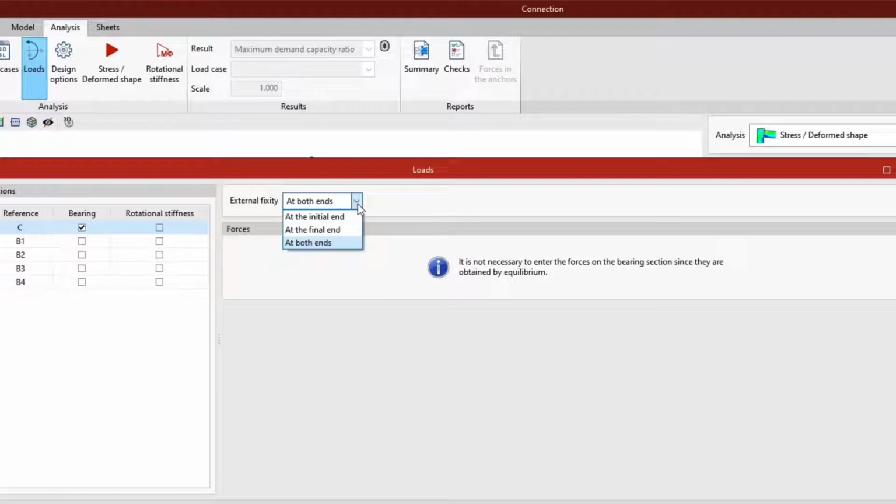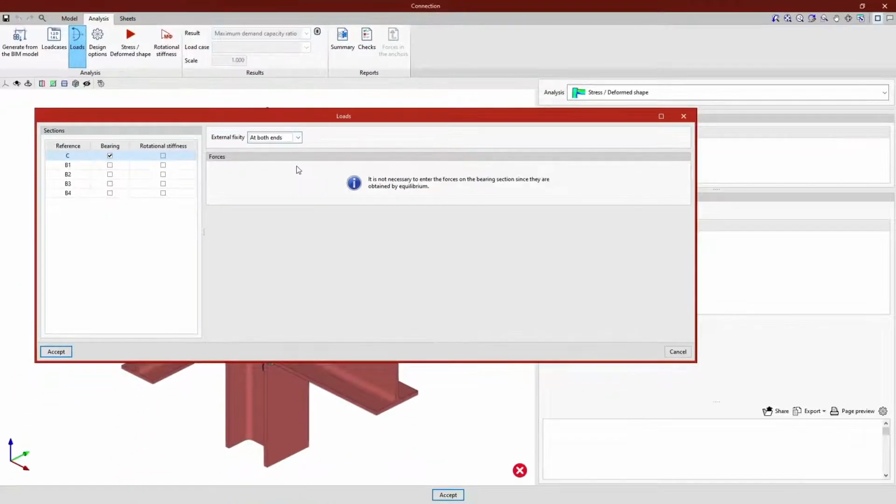If this section is continuous, we must indicate whether there is external fixity at the initial end, at the final end, or at both ends of the section by selecting one of the options from the drop-down menu on the right. We are also reminded that it is not necessary to enter the forces on the bearing section since they are obtained by equilibrium. Further on, we select the other sections, and in the Stress Deformed Shape tab, we enter